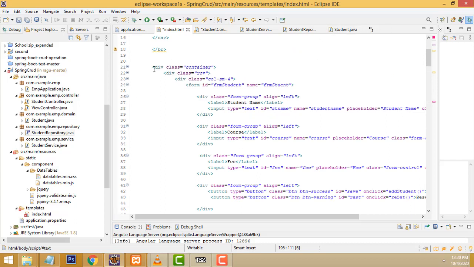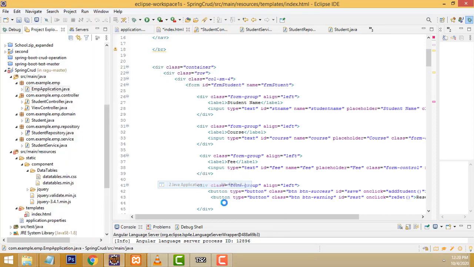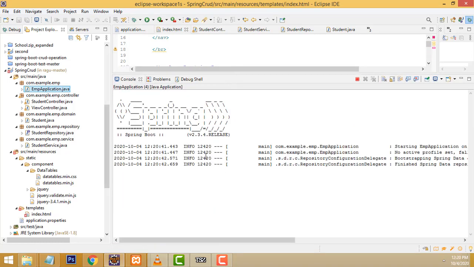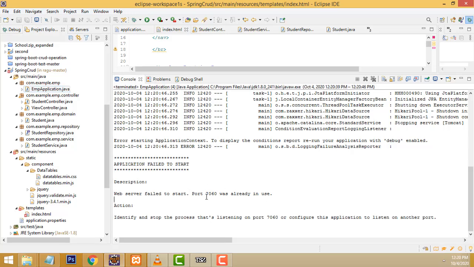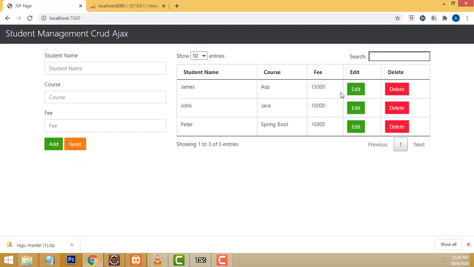Now when you are done, you have to execute the project. How to execute this? Right click and here run as Java package, right? If you run this one, you will get the success message like this. If you get the success message, your Spring Boot is running perfectly well. Here I already used this port, that's why I ran on this one, right? So I already have this port in use. No problem.